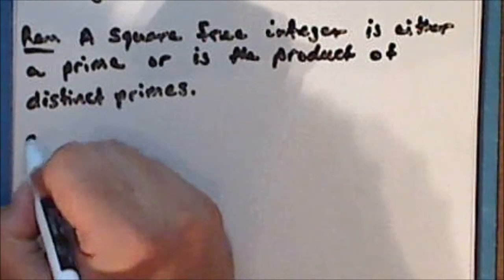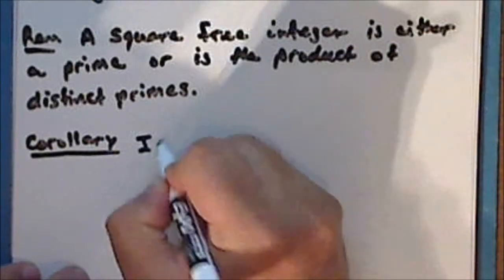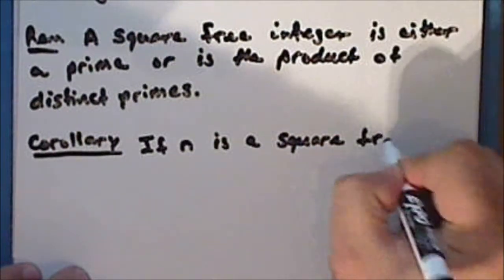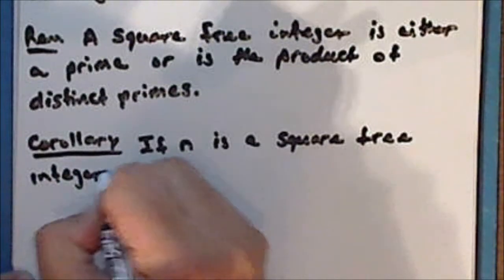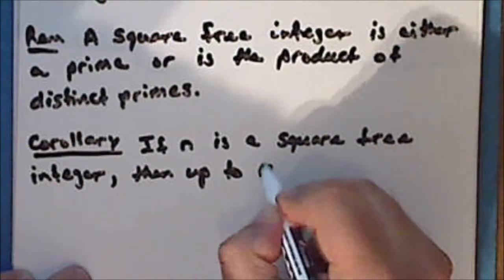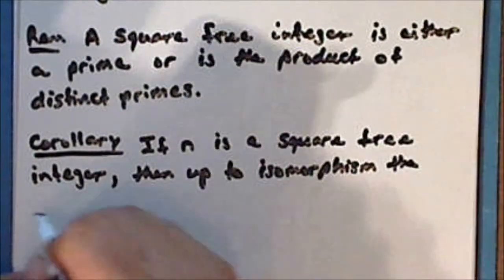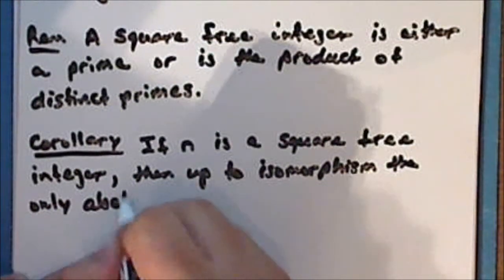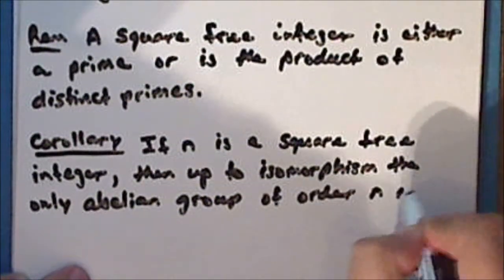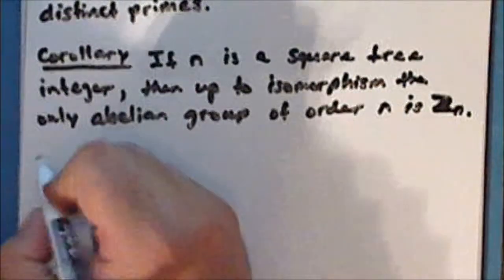So as a corollary of the fundamental theorem for finitely generated abelian groups, if the integer n is a square-free integer, then up to isomorphism, the only abelian group of order n is the group of integers modulo n. So proof: